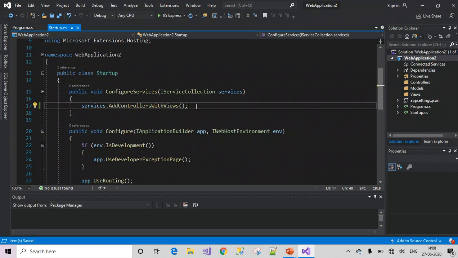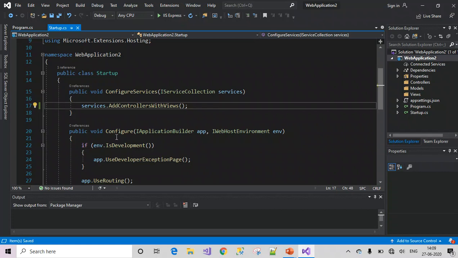Right. So what is the use of the Configure method? Similarly, in ConfigureServices, we can add whatever services we want. Our own custom services can also be added into this collection by making use of this reference. Further, in our upcoming videos, we will see how we can use the ConfigureServices method to configure the services we want to include in our application.